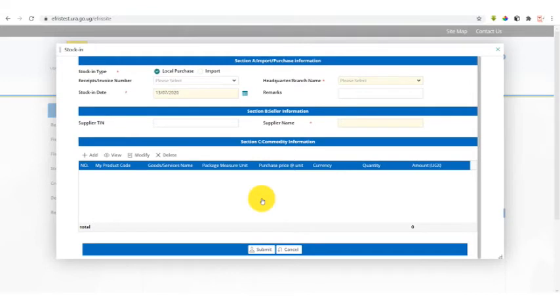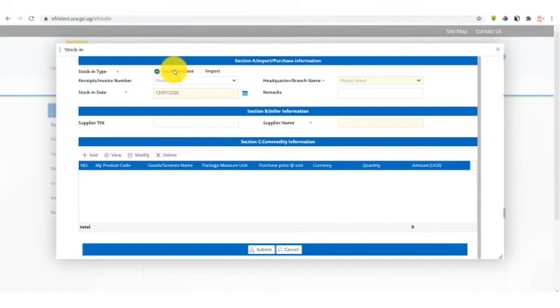Stocking management pop-up window comes after selection of stocking management. We have section A having import or purchase information. We have stocking type, that is local purchase and import.